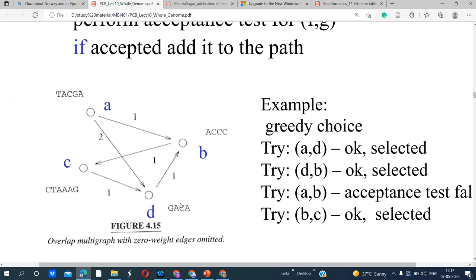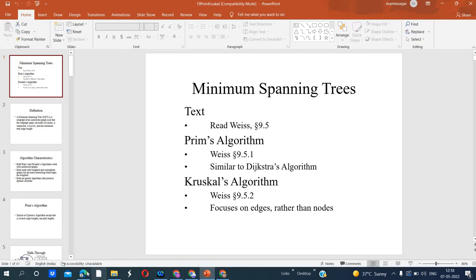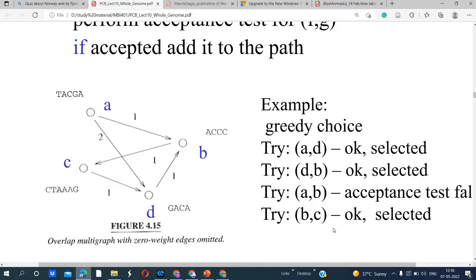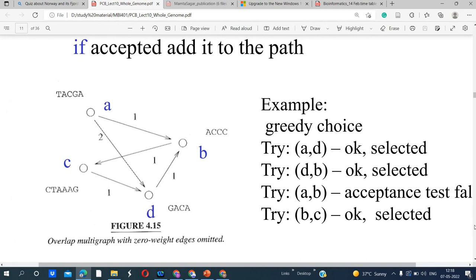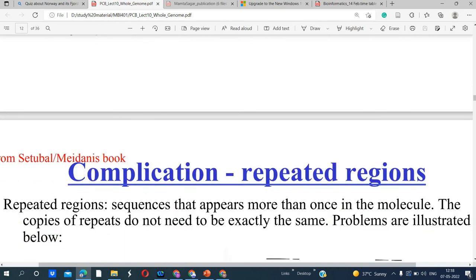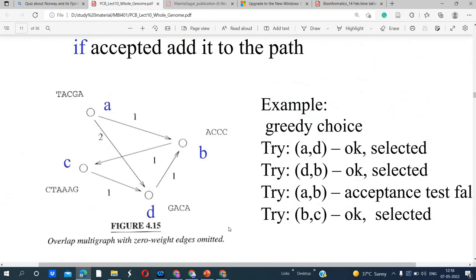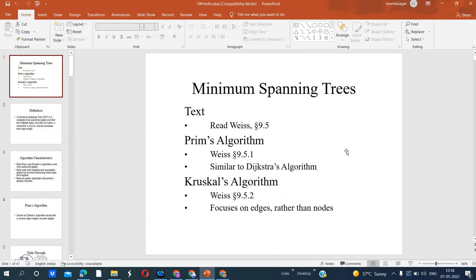For that we have the acceptance test. Before going into further detail of this method, today I want to discuss the greedy algorithm also, so that you can have the idea.